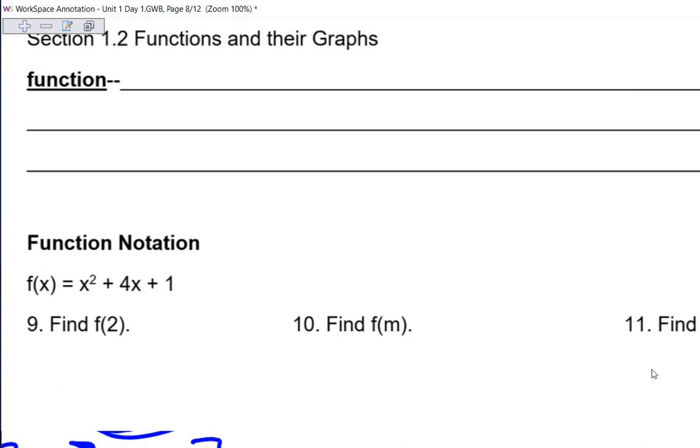So the textbook definition for a function is a relation between a set of inputs and outputs